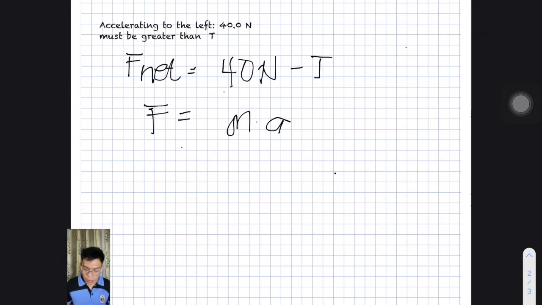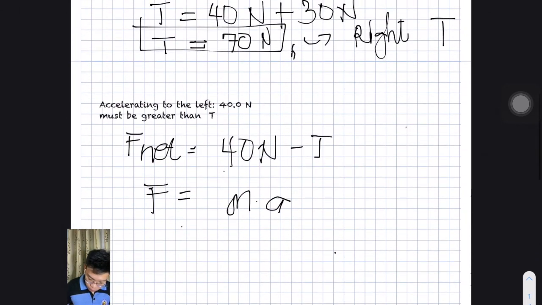Then thereafter, force, which is 40 N, minus T,